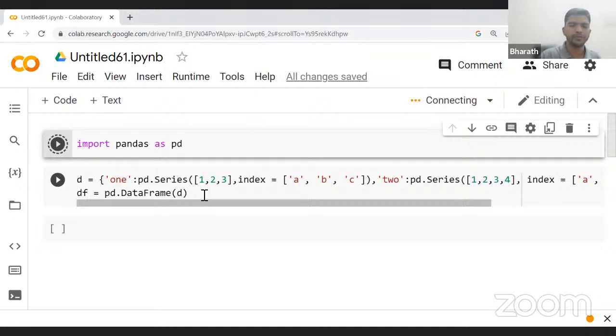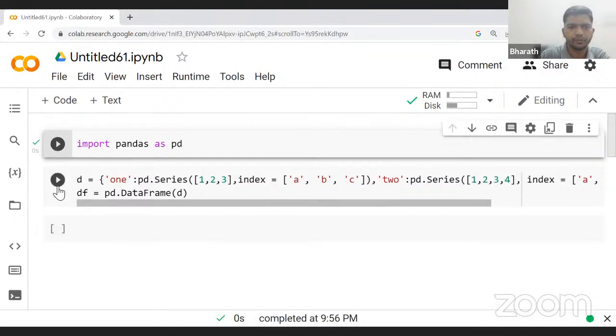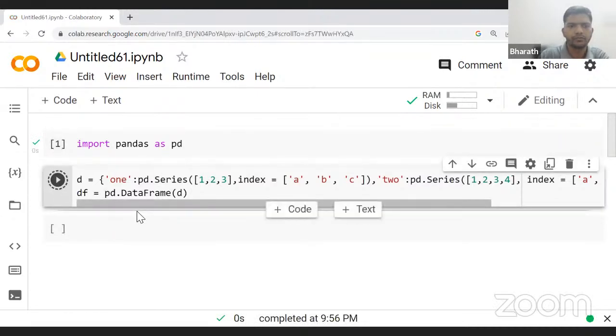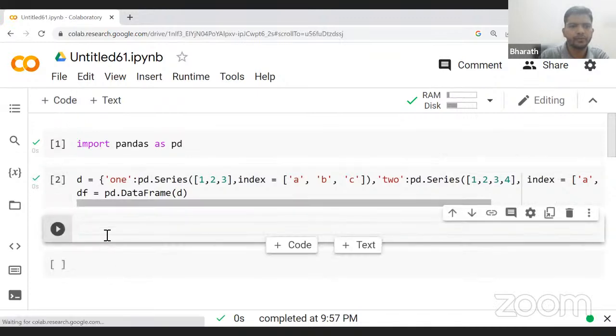Okay, once I import these dependencies, then I can start with the data frame and I can print it. Let me do this. Now, if I print my data frame,